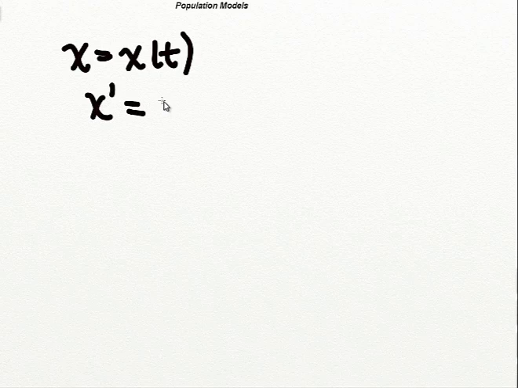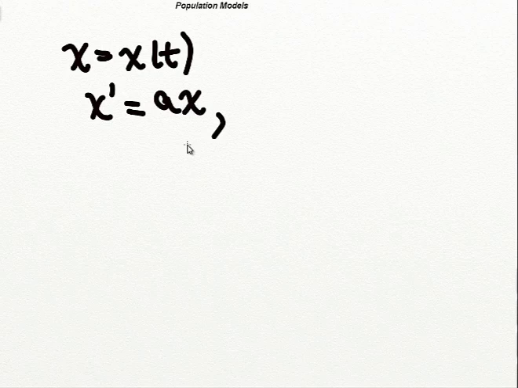In this third video on autonomous systems, we'll consider several population models. We take as the starting point the case of a single variable. The most basic model is that in which a single species, x equals x of t, where t is of course time and x is the single species, is growing or decreasing at a rate proportional to its current population, which is another way of saying that it solves the differential equation x prime equals ax, where a